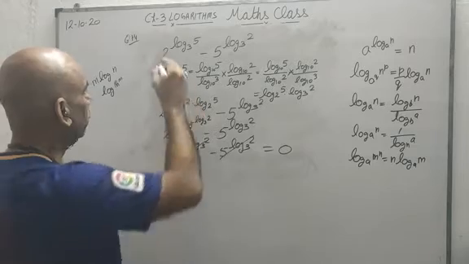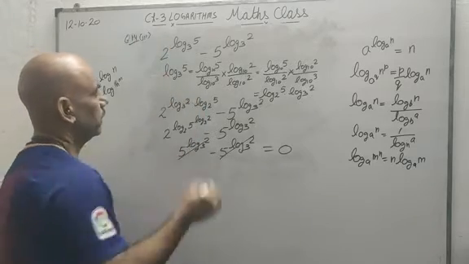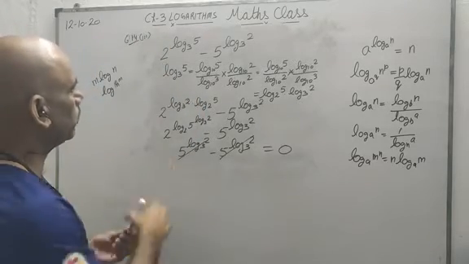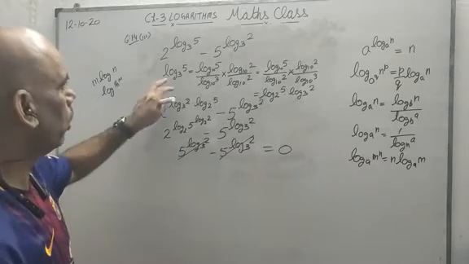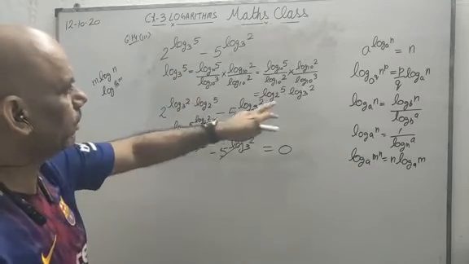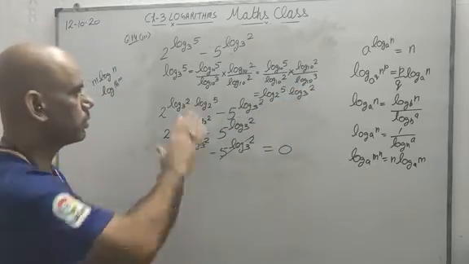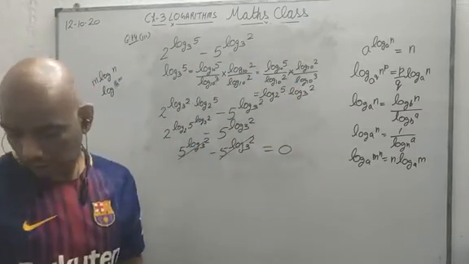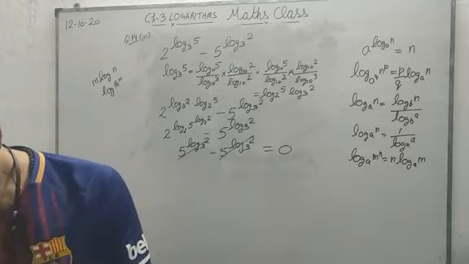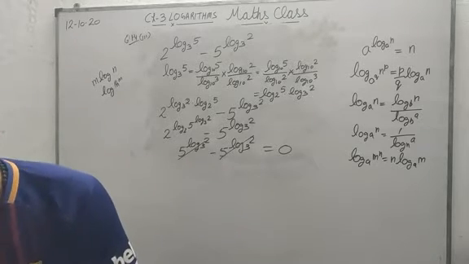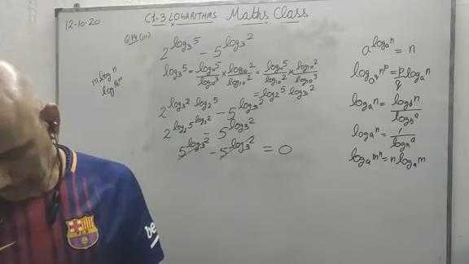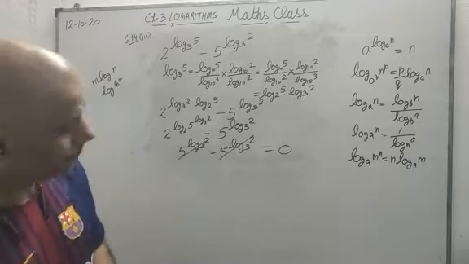So this is the third part of question number 14, which has given you a new approach to how you can change the base: log 5 base 3 can be written as log 5 base 2 times log 2 base 3. Okay, I'm sure this question is clear to you. Thereafter, we will switch to the next question, that is question number 16.